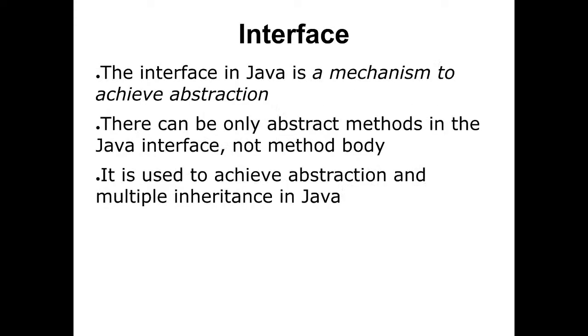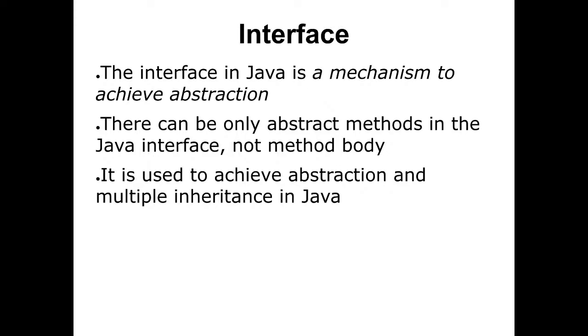Right, the interface is the mechanism in Java to achieve abstraction again. There can be only abstract methods in a Java interface, not a method body. And interfaces are used to achieve abstraction and multiple inheritance in Java. That's maybe not the main, but the most important difference between abstract classes and interfaces, that we can achieve